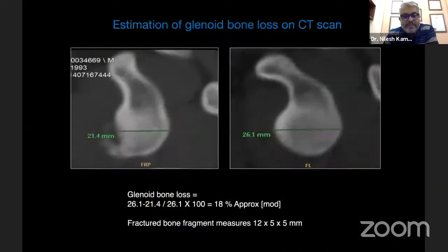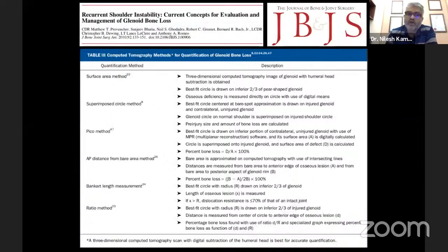The same thing can be applicable to find out a fragment, if at all there is a bony fragment involved, which allows you to take your decision whether you want to fix it, whether you want to discard it, and so on and so forth. These are the various techniques which are available for calculation of bone loss when it comes to the glenoid. Again, I'm not going to go into detail into each one because I think Karthik is going to talk about the current consensus, which is the best method. So we'll leave it to his discretion as to which he finds, according to literature, as the best method.